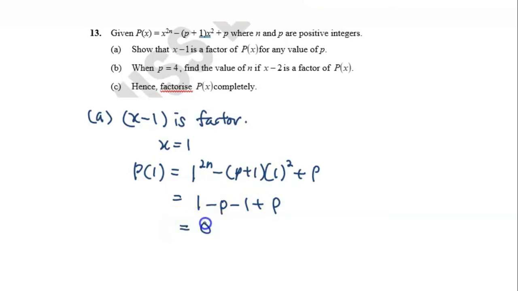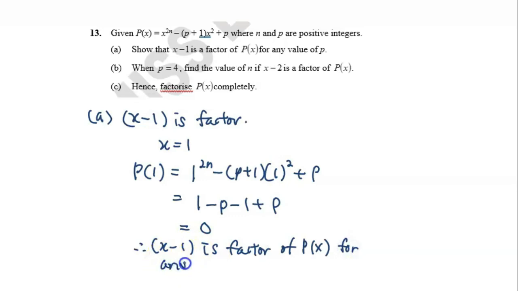Finally, we get 0. When we substitute a value of x into the polynomial and we get 0, it means that we don't have any remainder. So when we don't have any remainder, this x minus 1 is a factor of our P(x)